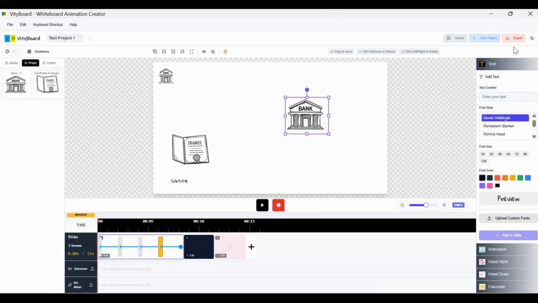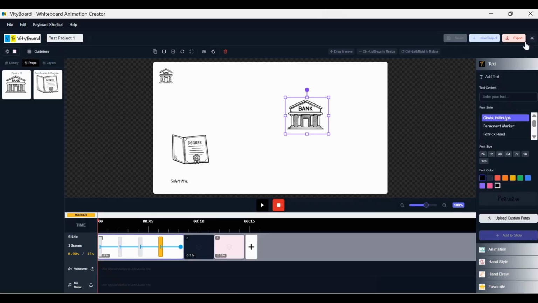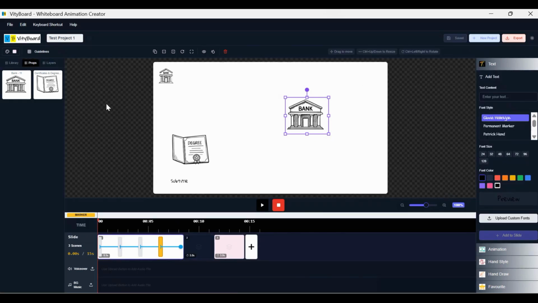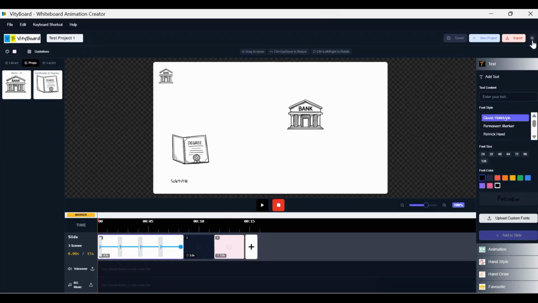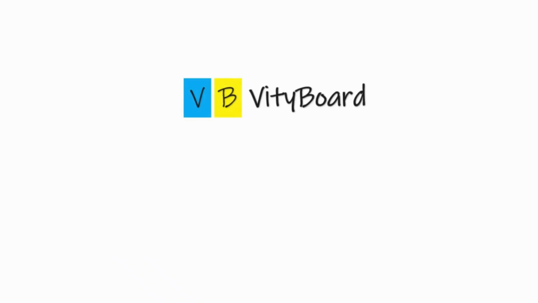All right, now the last one is the night mode. Some users would like to work in the night mode. For example, if I click on this, then everything will go black, right? So it's up to you which mode you want, day mode or night mode. I feel difficulty in the night mode, so I prefer going into day mode. So this is where I can check every option. But if you are a person who likes the dark mode, then you can also of course follow this mode. All right, so this is for now, and I'll see you in the next